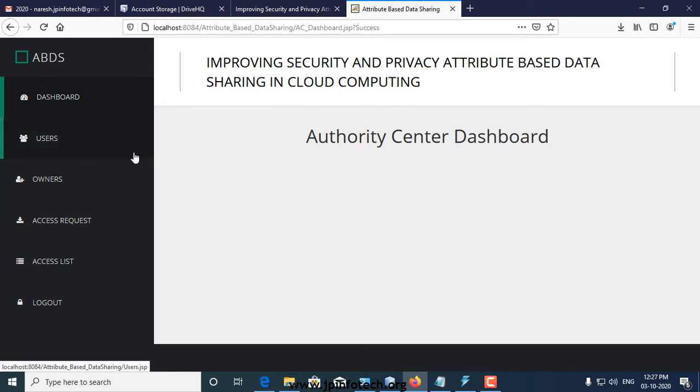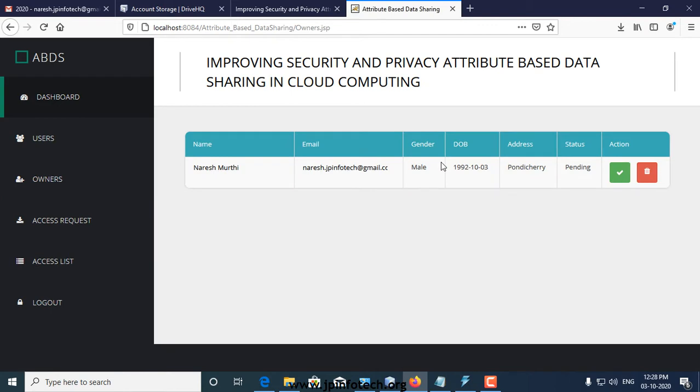The authority center module contains the list of users, owners, access request, access list, and logout. In the owner page, the registered owner details appear in this section.